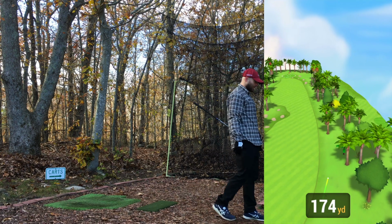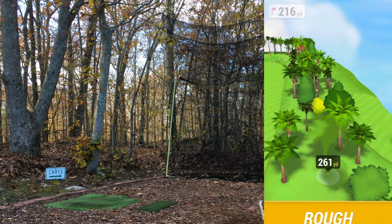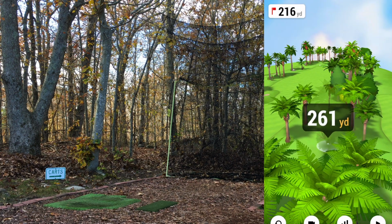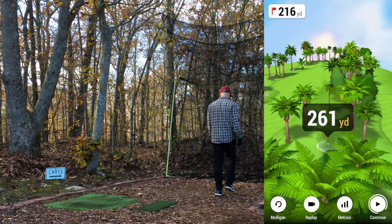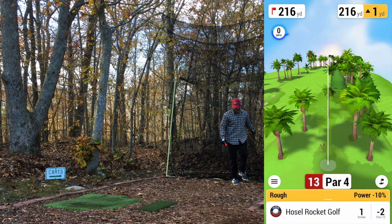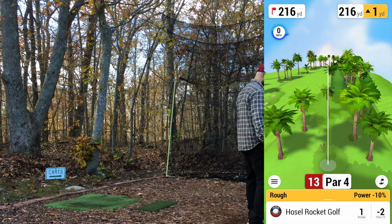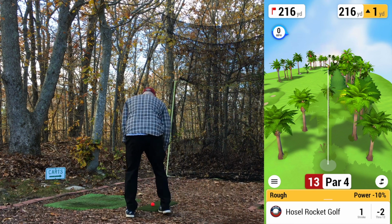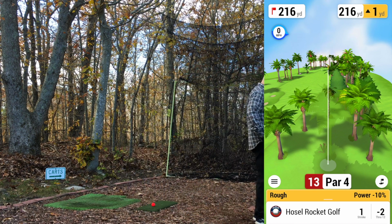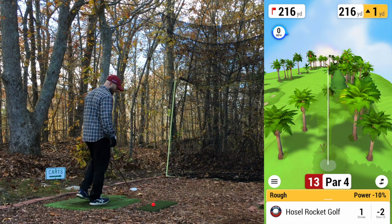Pretty far right. Garmin read that one good. That is what we call a block. That was almost a slice, or probably was a slice, but that's what happens when you try to play a high draw. You aim out to the right, and if you don't release the club and shut the club face, you miss it about 50 yards right. All right, 216, and we're in the rough. So we need just about 240. Gonna go 4 hybrid. I don't know again if we're gonna get it there, but